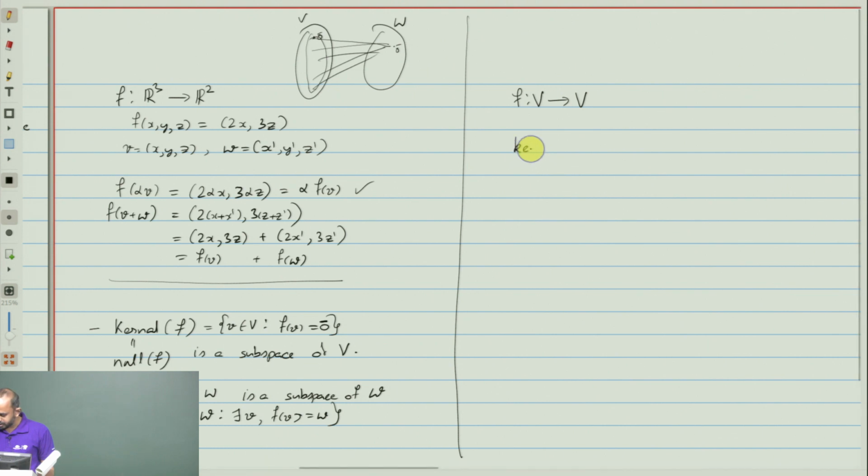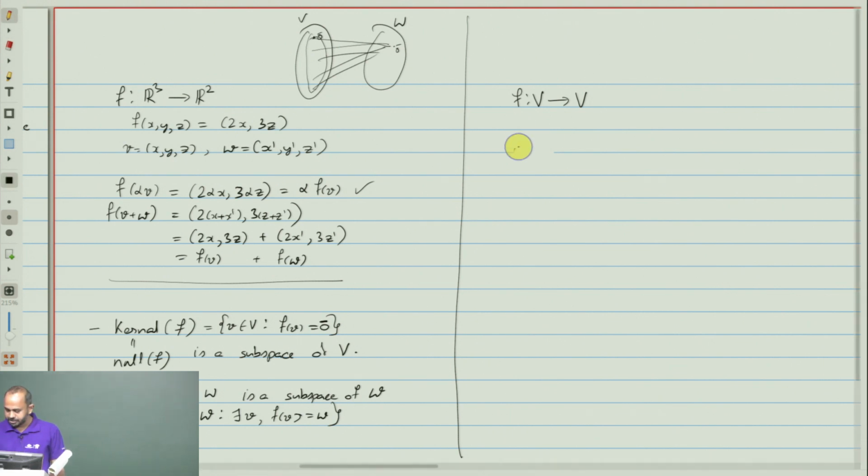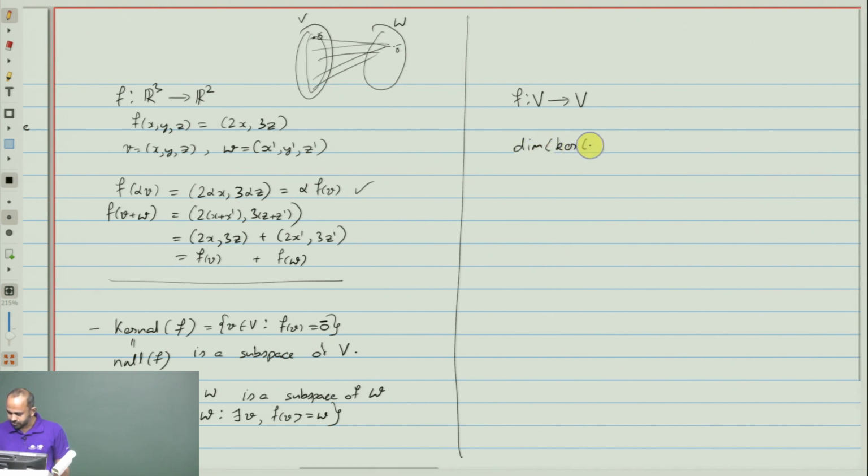If you look at the dimension of the kernel, remember the kernel is a subspace, so I can define the dimension of the kernel. The kernel is a subspace, so it has a basis. The size of the basis set is the dimension of that kernel,